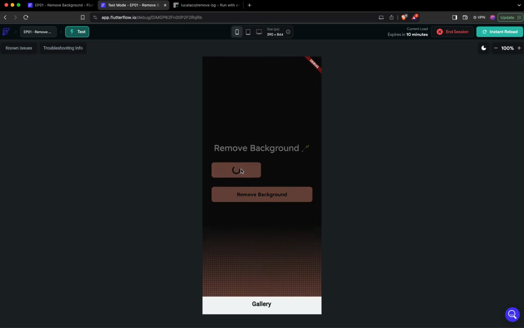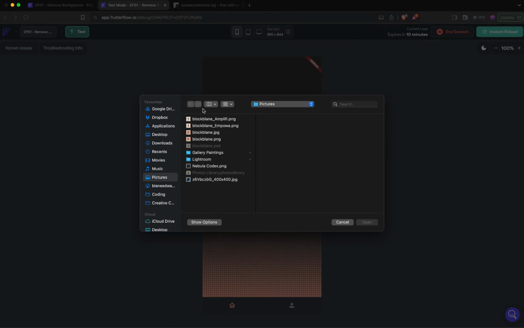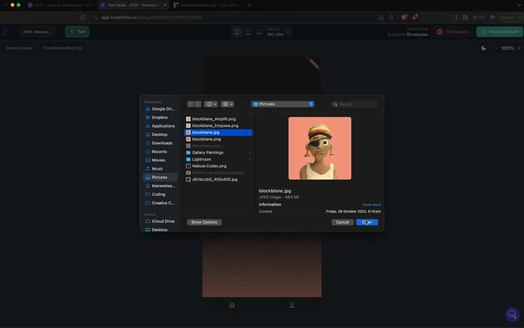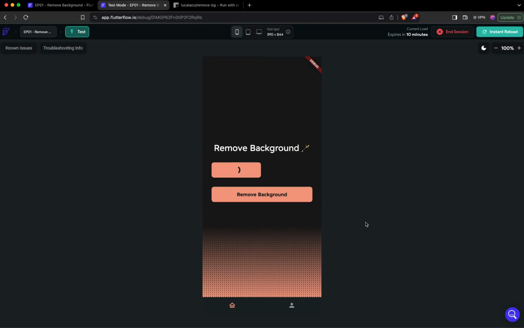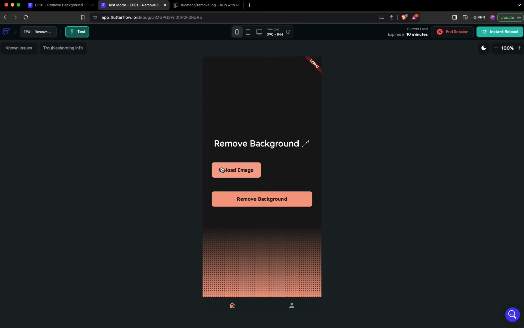So let's step through just real quick how it all works, and then we'll step through how to set it up. So we'll upload an image. We'll just use my profile picture. Shout out to Clay Nations. What's happening here is that it is getting uploaded to Supabase storage. The URL associated with that image will be passed through to the API, which will get triggered once we click